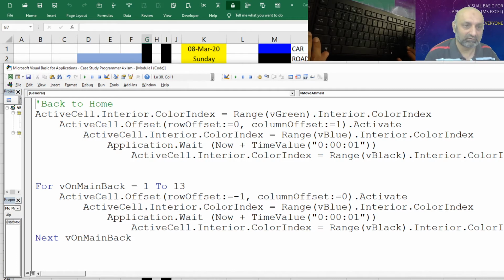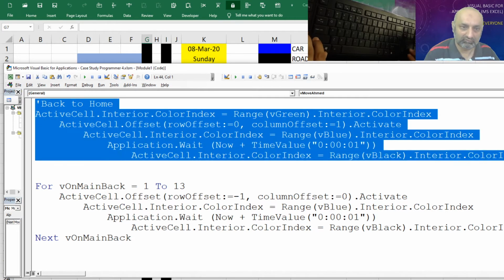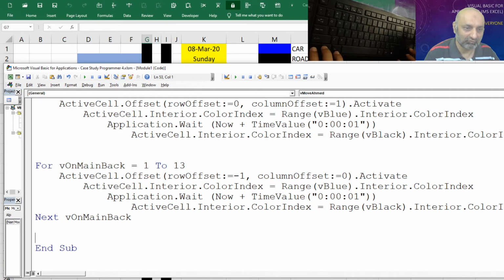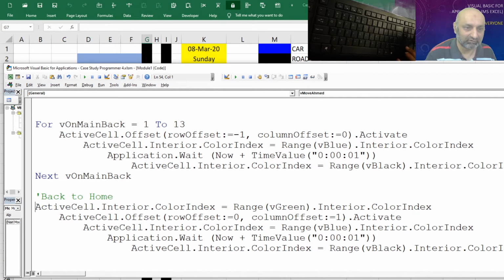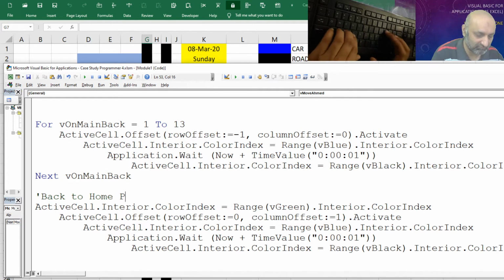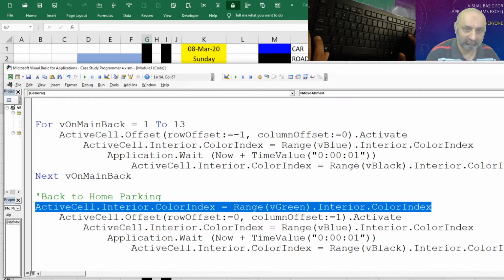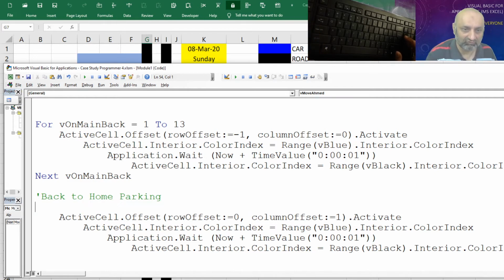Here is the code for moving one step right. We can use this to move it one step left. Back to home, parking, active cell. This should be green. No, it is already black, so this is not required.